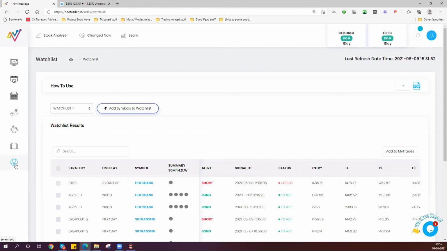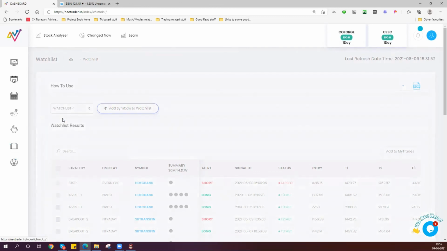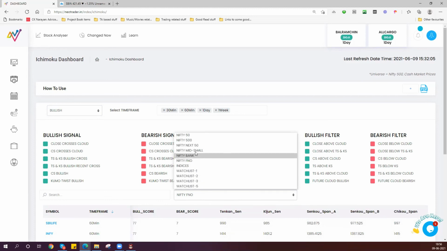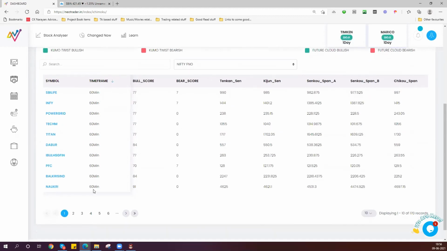Simply, we moved out of the Ichimoku dashboard. So here you are. Simply go here, choose bullish or bearish, put in your watch list, or keep it defaulted to any of these universes that you like. And then look at what shows up. If it is coming in 30 minutes, 60 minutes, that means only the short-term trend is bullish or bearish. If it starts adding daily and weekly, then that means higher time frame trends are supportive. If it comes only in weekly, it means that only the higher time frame is bullish. The rest of them are bearish. So you've got to exercise patience there. Wait for the 30-minute to turn up, or wait for the 60-minute to turn up, etc.